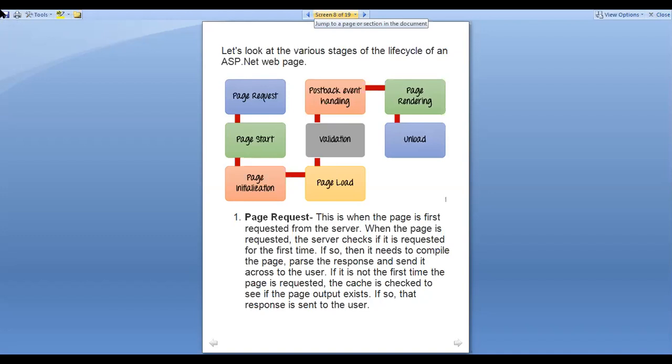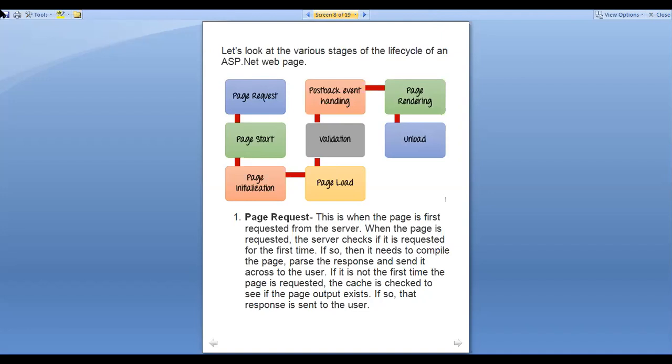When the page is requested, the server will check if it is requested for the first time or not. If it is requested for the first time, then it needs to compile that page, parse the response, and send it across to the user. It means we have to perform the complete functionality if I have requested that page for the first time.